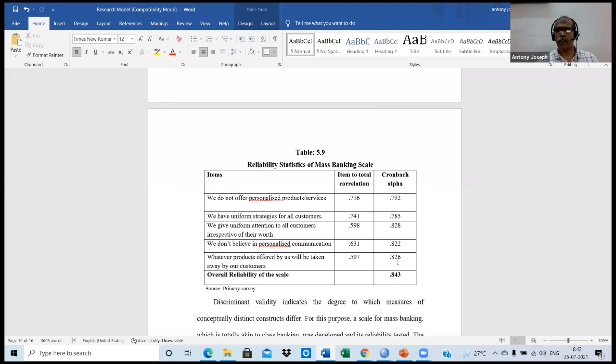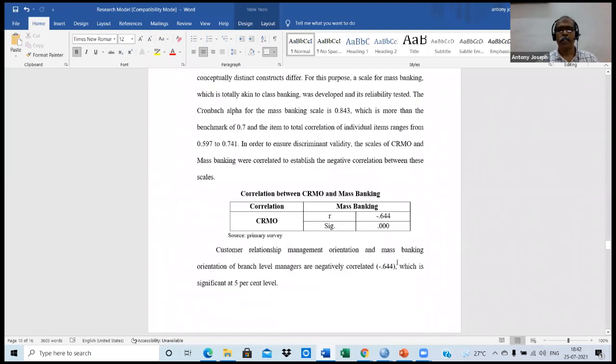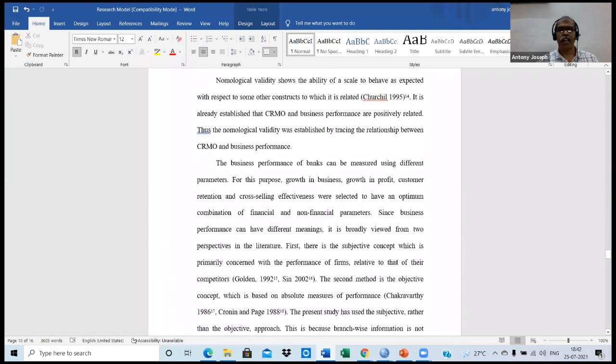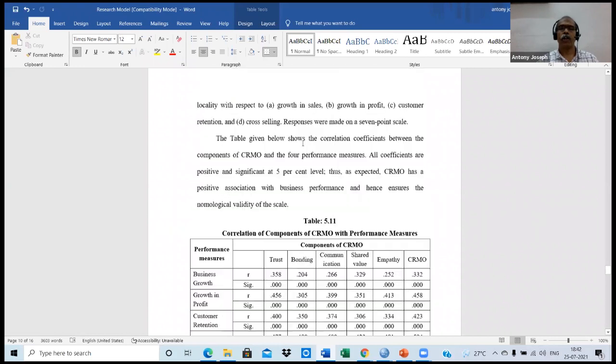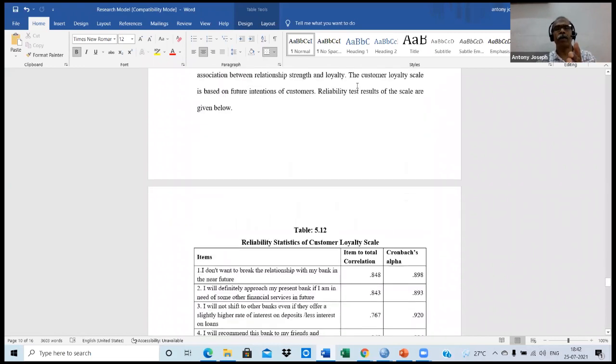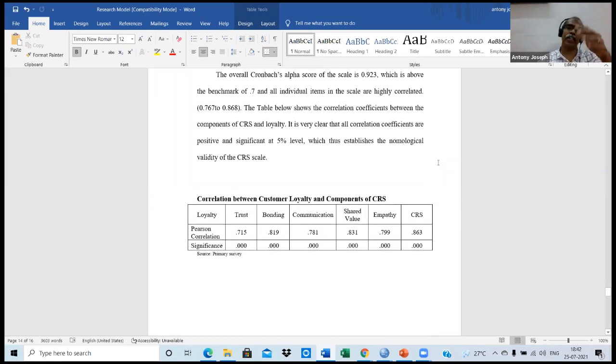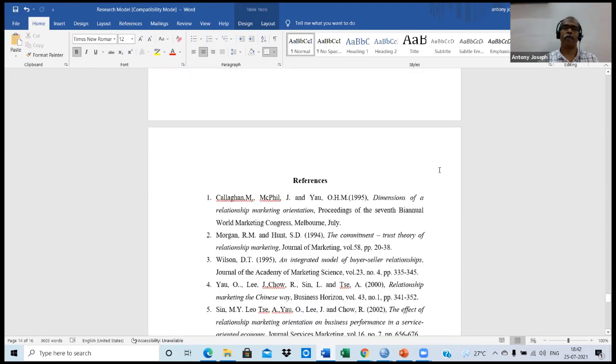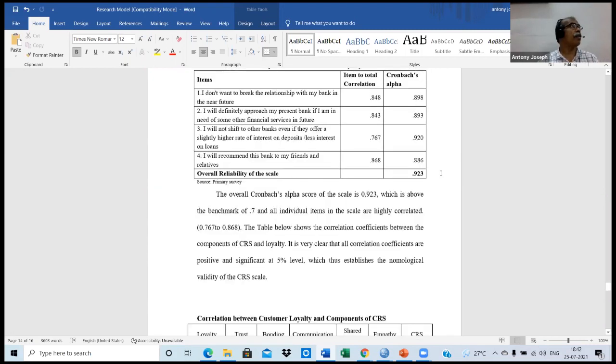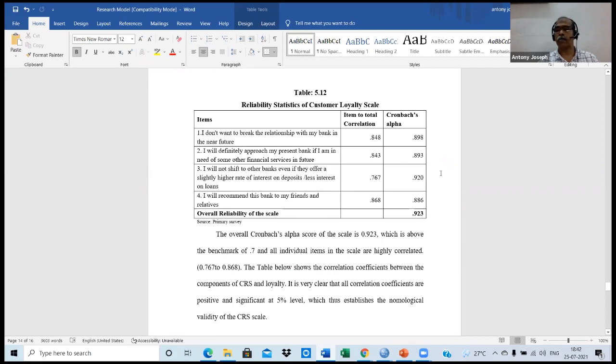The scale used for the performance is also shown separately. Look here. I have measured customer loyalty in case of customer survey. It is being shown separately. You don't want to put it in the original one. Okay, this is the way by which you are expected to show the reliability statistics.